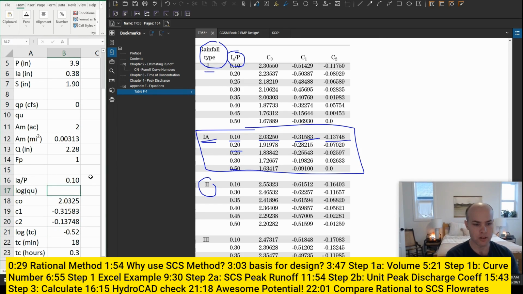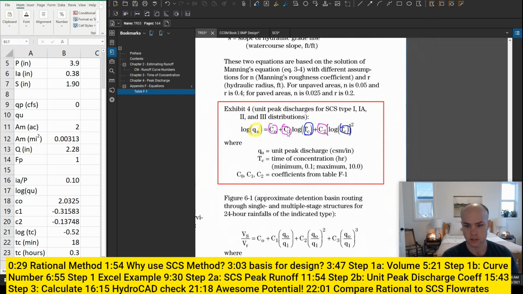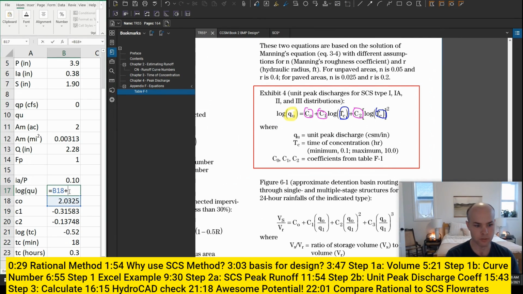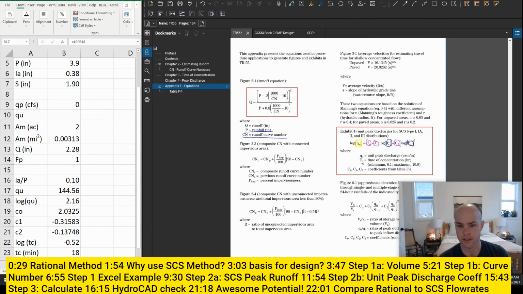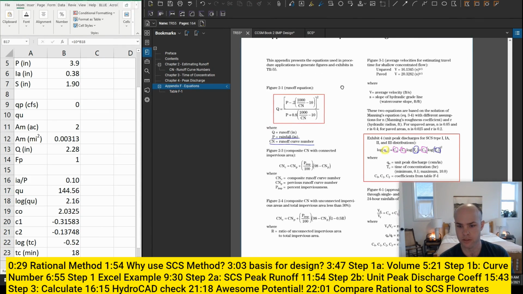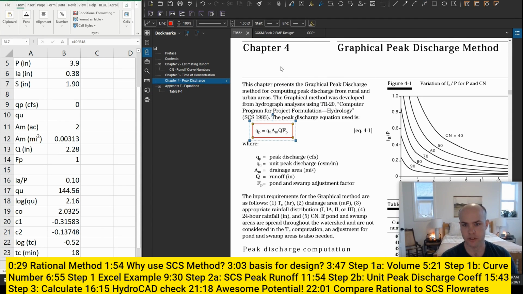Okay, there you go. Now log QU is going to be equal to, let's go back to that equation, this plus C1 times log TC plus C2 times this squared. So I've got my log QU value. Now my QU is going to be equal to 10 to the inverse log of this, 144.56. All of that was to calculate the right value to put into my peak discharge equation,